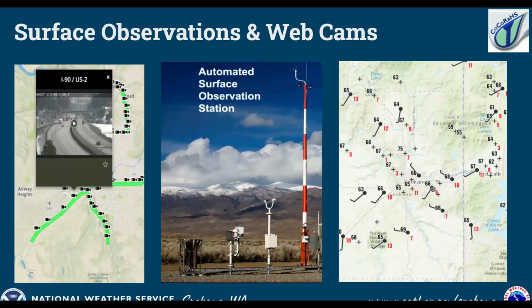Other tools that we use are just our surface observations. We have many sites that provide us weather information on the ground. Our airports have the automated surface observing stations that give us round-the-clock weather information, whether it's temperature, humidity, cloud cover, winds, pressure. And all of that information is very important for pilots. That's why we have them at our airports.